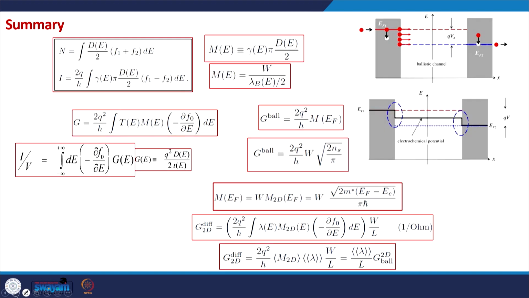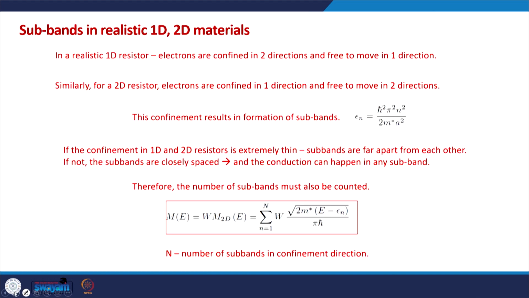Then we tried to understand the notion of voltage drop and energy dissipation in ballistic transport, and we calculated various device parameters for a two-terminal device from the general model of transport. The important one is this calculation of conductance in the near equilibrium transport case. And we did this calculation for multiple different temperatures and different materials.